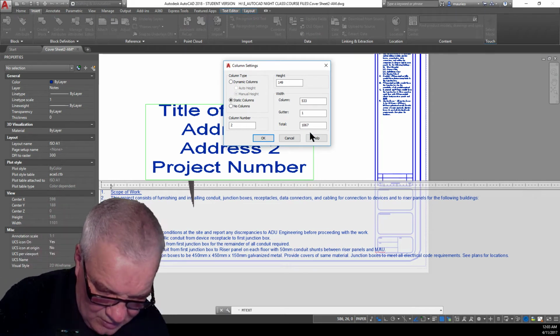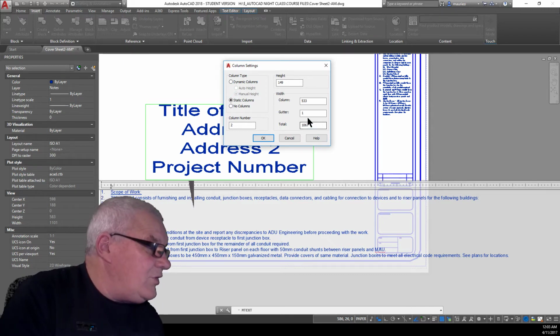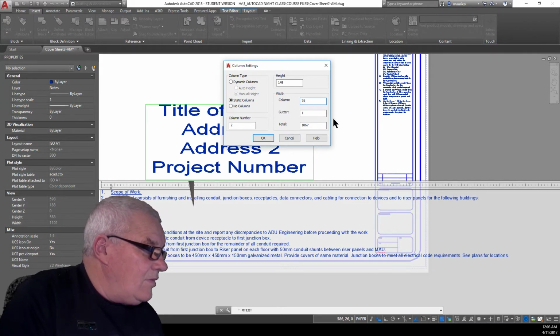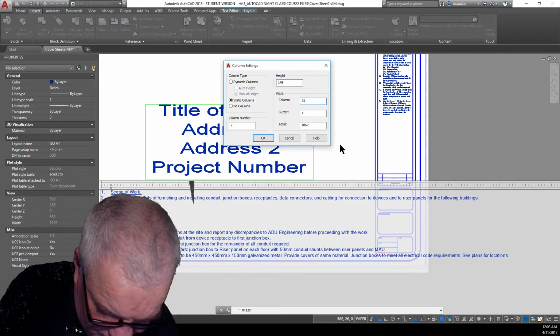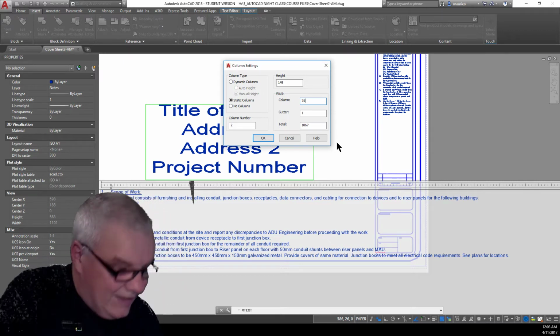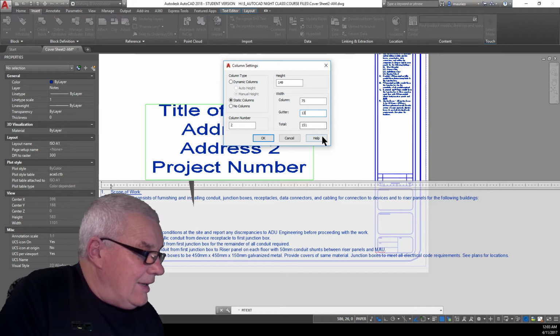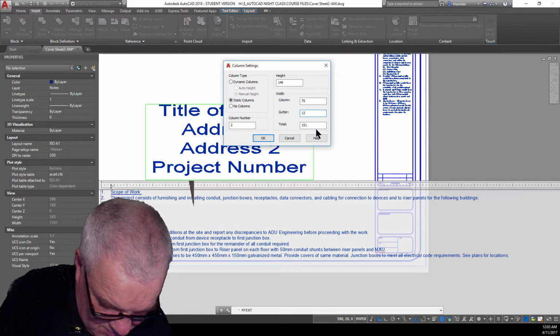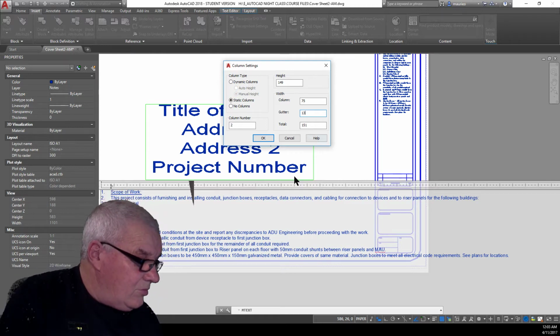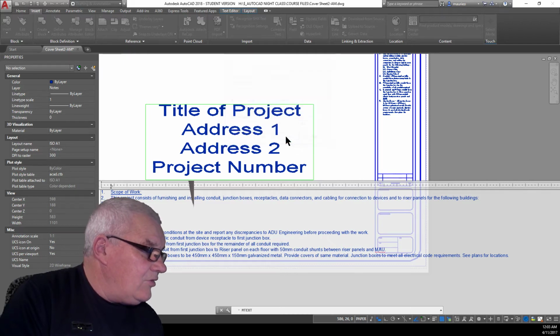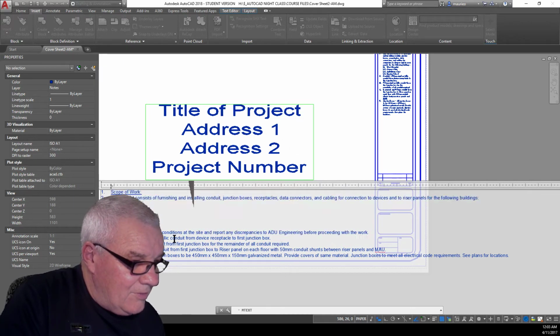Okay, in the width, set the column to 75 and gutter to 13, and the columns adjust to match the new values. Okay, right, cancel. So let's come in here,